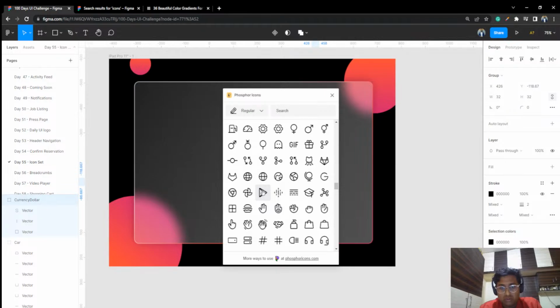Fine. So what I'll do is select all of these icons. All these icons are out of the frame, so I'll just choose all these icons and I'll put it back in the frame. I mean, this looks like a long task, but trust me, it's not. There are so many other things which are a lot more to do than this. So I'll make this all around 50